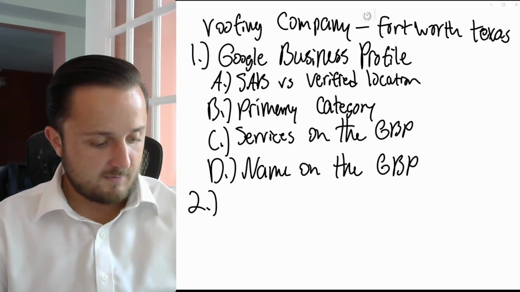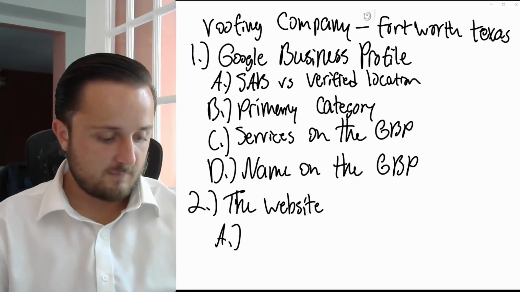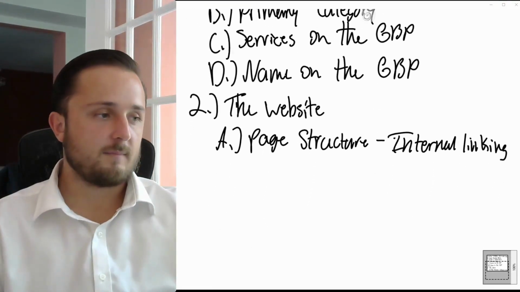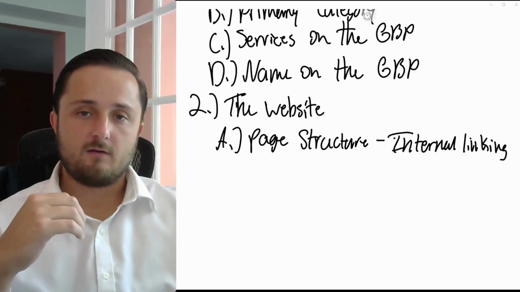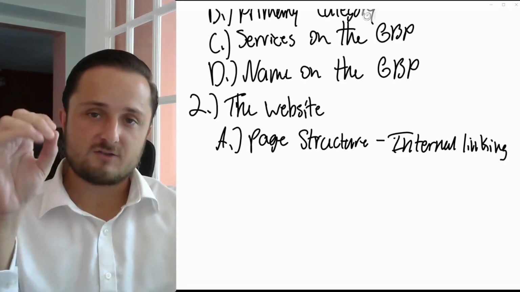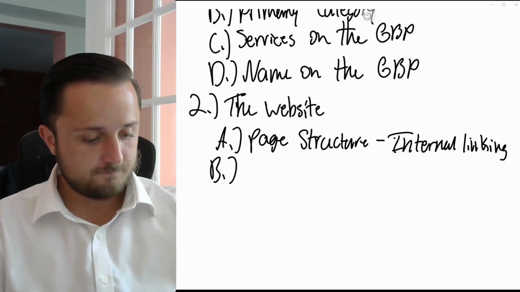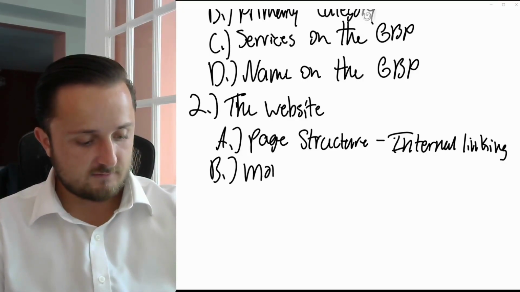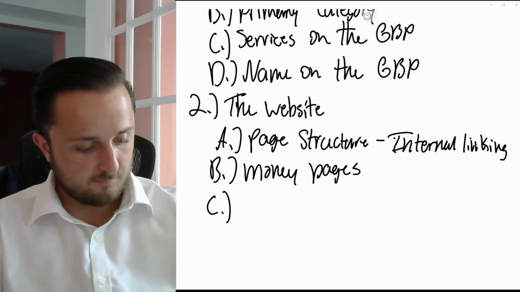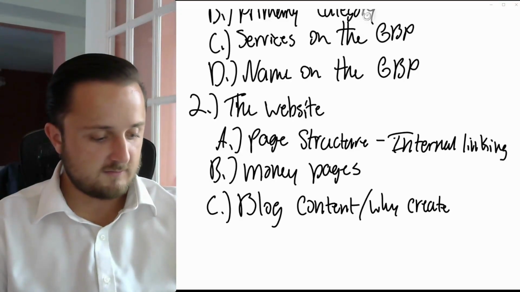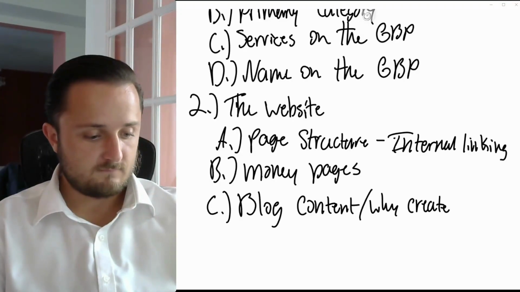Then we're going to talk about the website. We're going to talk about page structure or internal linking. So for internal linking, we'll talk about creating silos where we'll force certain pages to link to our money pages, the pages we want ranking in Google. We'll also talk about money pages. What are money pages? Then we'll talk about blog content, why create blog content,